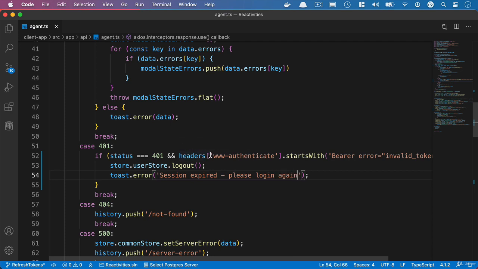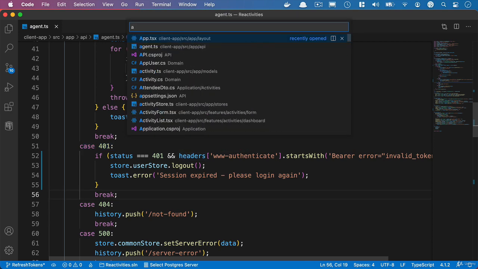Now we're not going to have access to this header at the moment either, because this needs to specifically be exposed by the API server, otherwise we will not be able to access this inside our agent file. So what we need to do, we need to go to our application